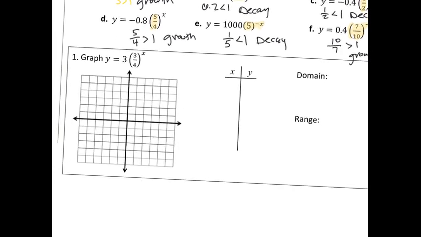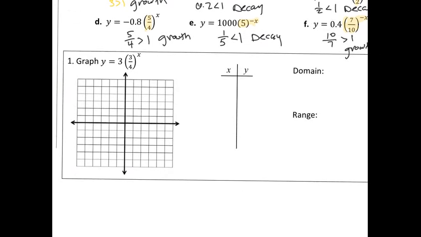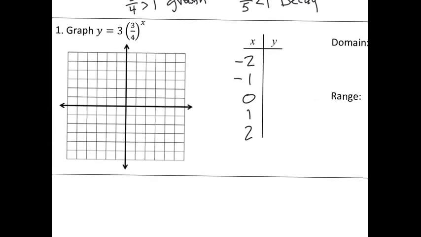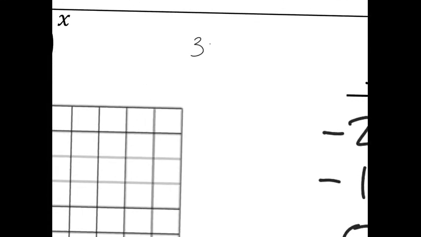All right, so now we are going to graph an exponential function that is decaying. So remember in 9.1, I actually made the table first and then I created the graph. I find it easier that way. You can do it however you want. So I'm just going to start with some values, -2, -1, 0, 1, and 2. And it just kind of helps you see also the decay as x is increasing. So remember, all you have to do is plug these values in for x. So I'm just going to zoom in really close. So it's 3 times 3/4 to the x power. If I use